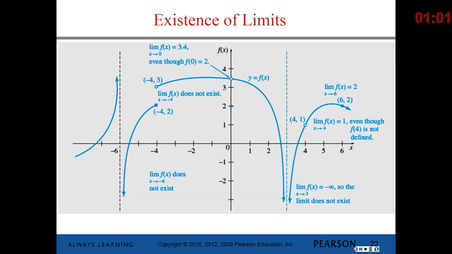So just for a little wrap up here, looking at this crazy, wild, weird function that we have no equation for. This does not exist at -6, because from the left of -6 it goes to positive infinity, but from the right of -6 it goes to negative infinity. So that limit doesn't exist. The limit doesn't exist at -4, because at -4, if you approach